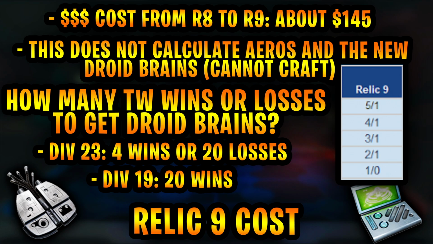They're in Conquest as well as the Challenge Rank Rate. Droid brains, very controversial right now, only accessible in Territory Wars. And if you look over to the right, you see the little infographic. That 5/1 indicates Division 23, and that 1/0 at the bottom dictates Division 19. You need to be in Division 19 at the minimum in Territory Wars to start getting Relic 9 materials,